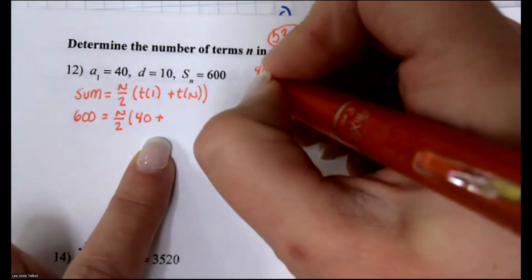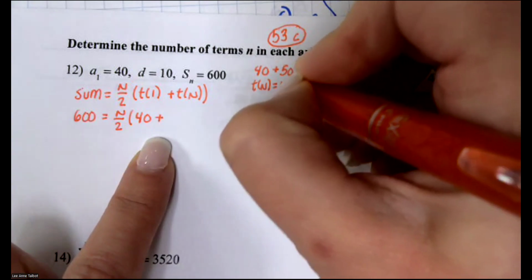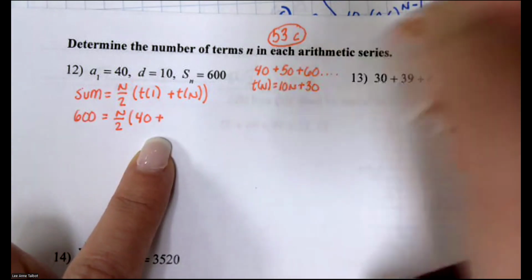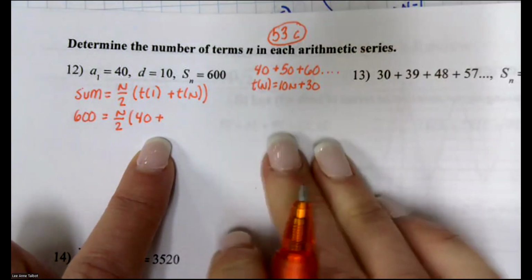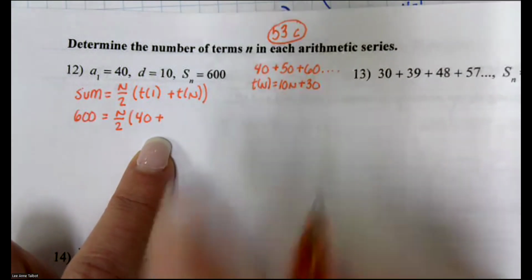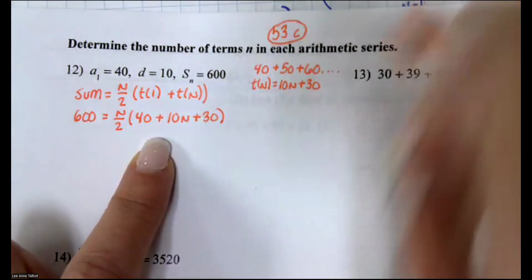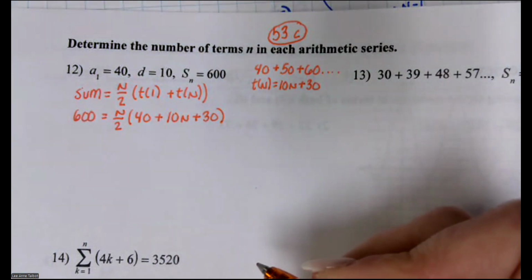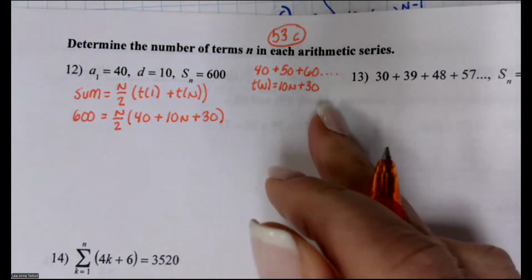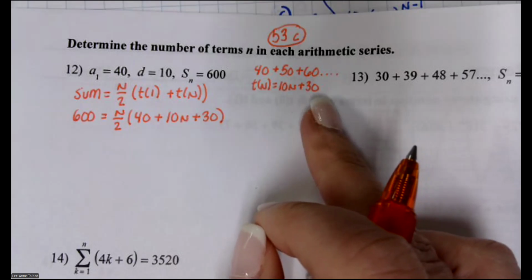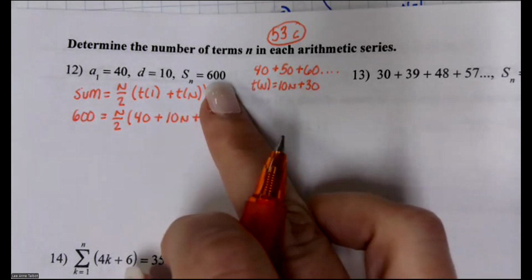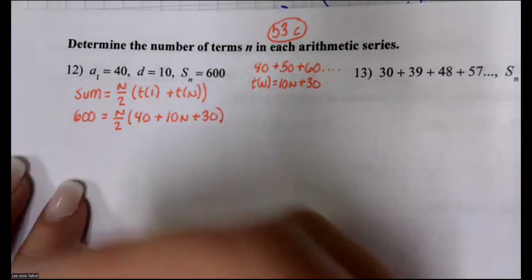So T of n is 10n plus 30. Does that make sense? Are you sure the 10n plus 30 makes sense? Because they're going up by tens and then term 0 would be 30. Okay, so now